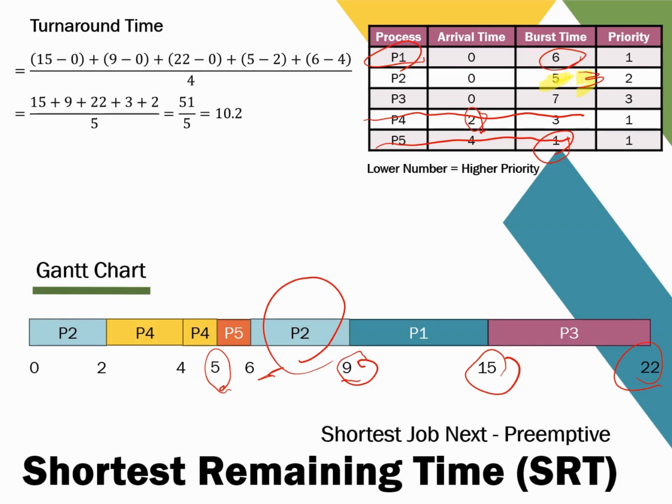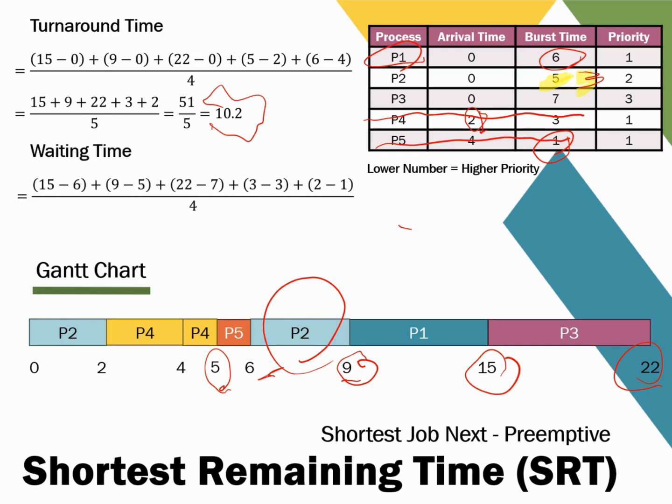So 15 plus 9 plus 22 plus 3 plus 2 is 51, divided by 5 because we have 5 processes here, and the result is an average turnaround time of 10.2. For the waiting time, as we told you before, we have to decrease